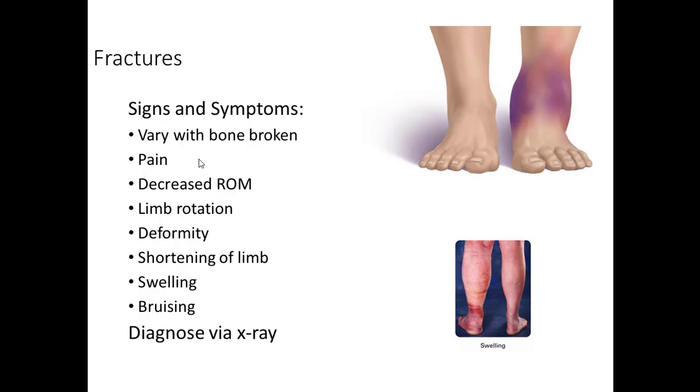The limb might be rotated, or even shortened. So if an elderly person falls in the nursing home, before they even get them up, they have to have an RN assess them. One of the first things you do is look at their legs to see if one leg is longer or shorter than the other, or if that leg is tilted in or out when you compare it to the other one. Because when they break their hips, that leg will be shorter or longer, depending on how the break goes, but it'll also twist.